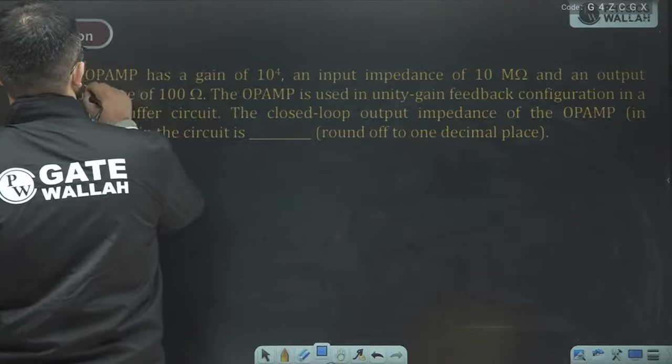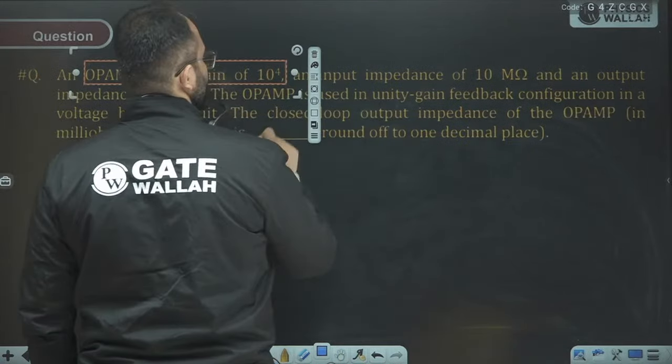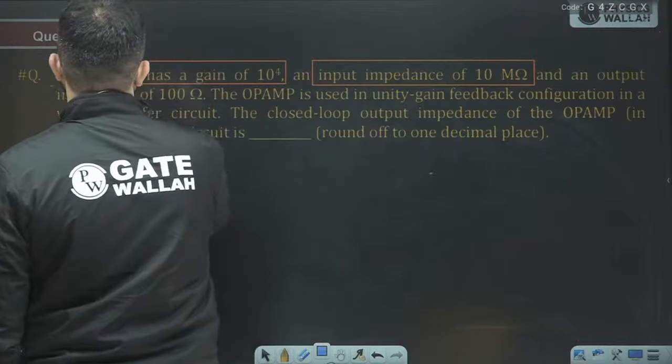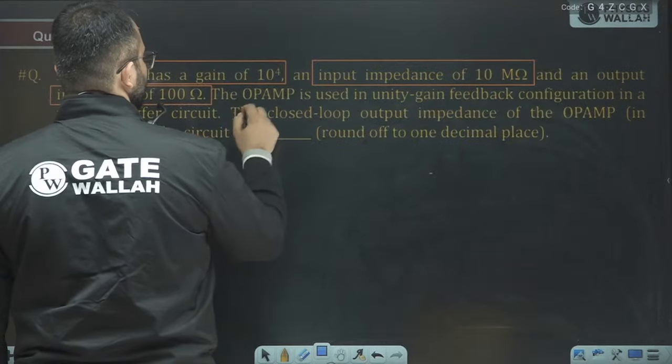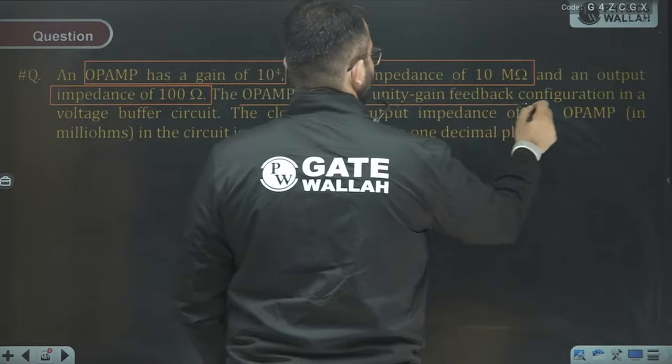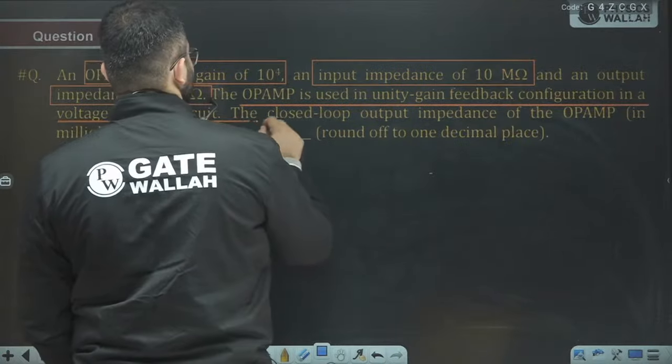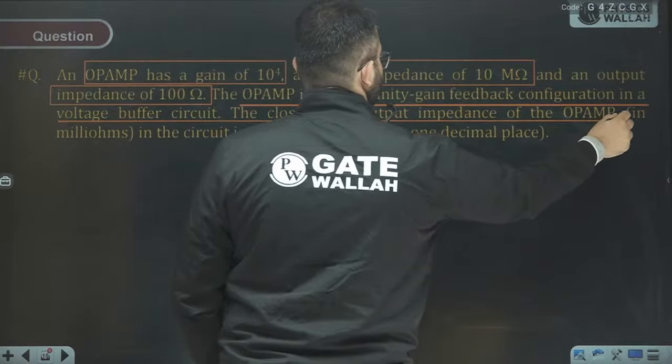Okay, the op amp has a gain of 10 to power 4, an input impedance of 10 mega ohm, and output impedance of 100 ohms. Okay, the op amp is used in unity gain feedback configuration. The voltage buffer, the closed loop output impedance will be,